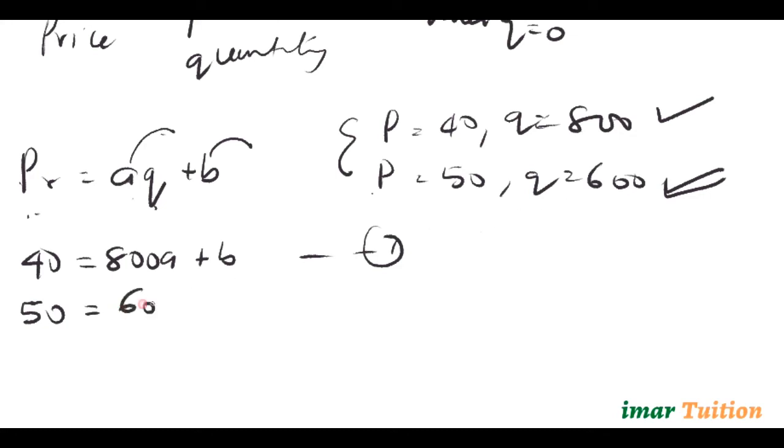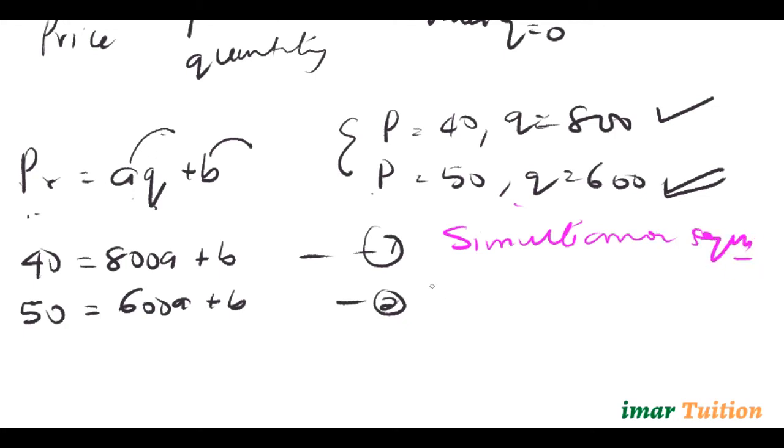So we'll have 600 multiplied by A will give you 600A plus B as equation 2. So we'll have two equations. They are called simultaneous equations because we're going to solve them together simultaneously. I'm going to use the elimination method